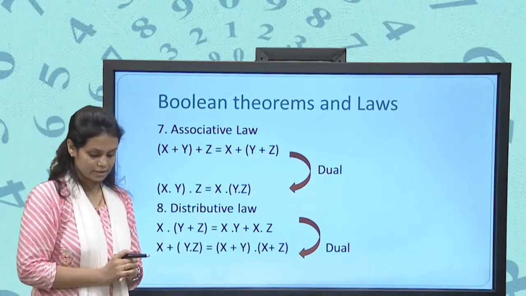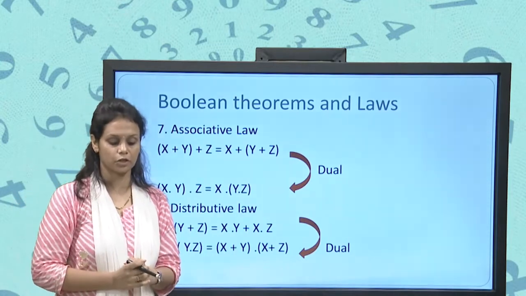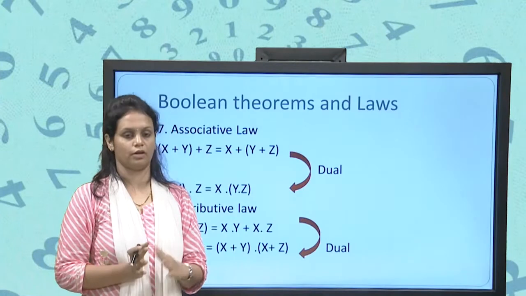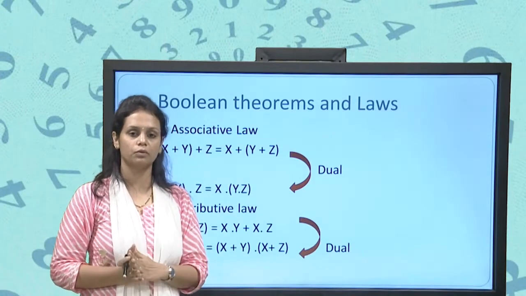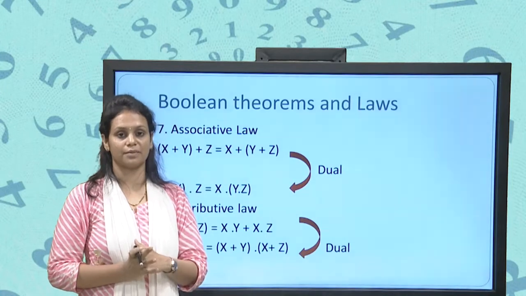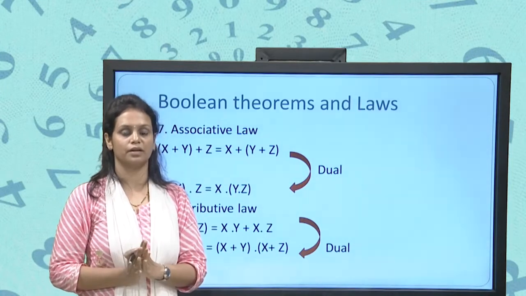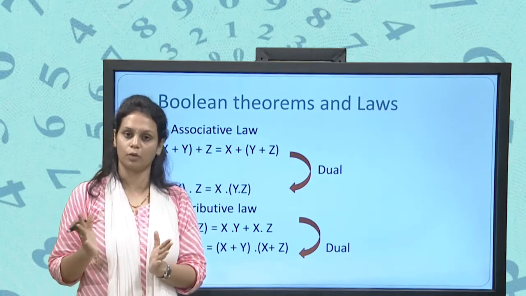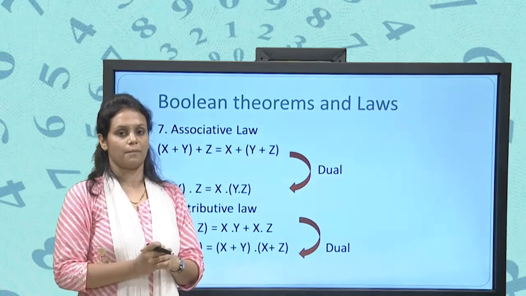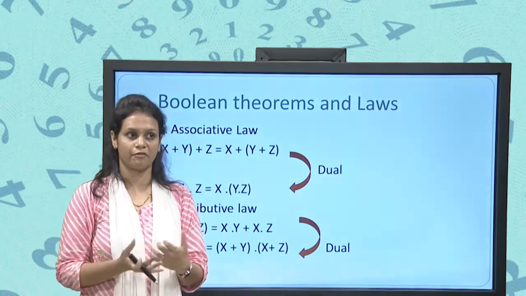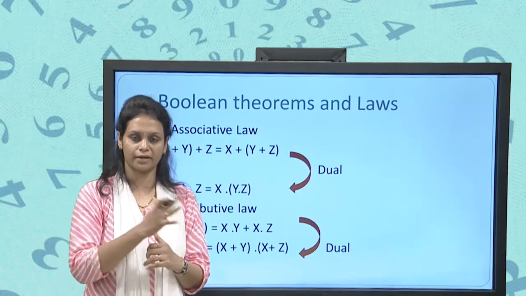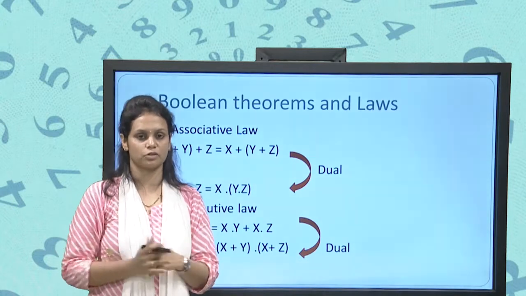Now, see how some operations in Boolean algebra differ from the normal number system. For example, in the normal number system, if we add 1 plus 1, it gives the output 2. But in Boolean algebra, if we do 1 plus 1, it gives the output 1. Because what is the meaning of plus? Plus means we find the highest element, and 1 is the highest element, meaning we have to find the highest element from 1 and 1. Fine. So, 1 is the highest element, so the output is 1.